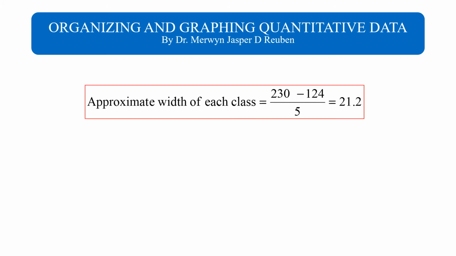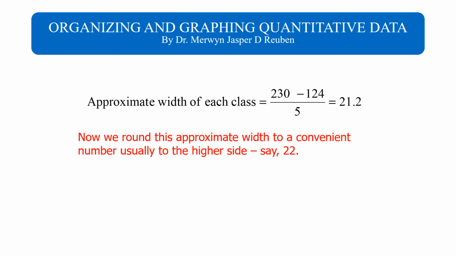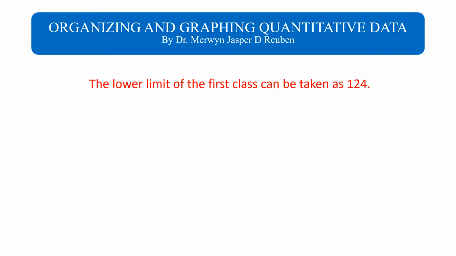So here 230 minus 124 divided by 5 equal to 21.2. Now we round this approximate width to a convenient number, usually to the higher side. So we will round this 21.2 to say 22. Smallest value is taken as the lower limit of the first class. Then our classes will be